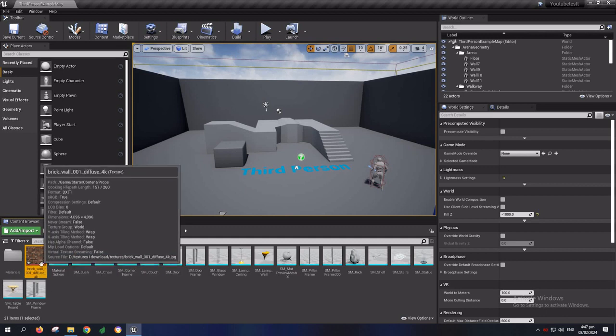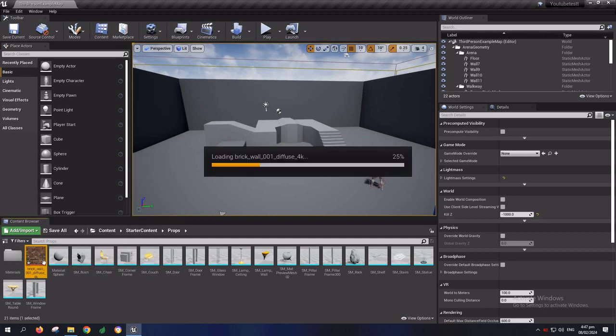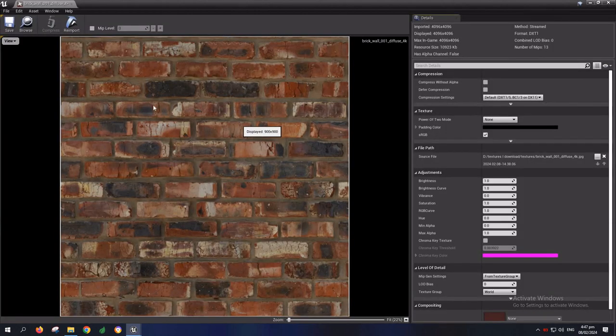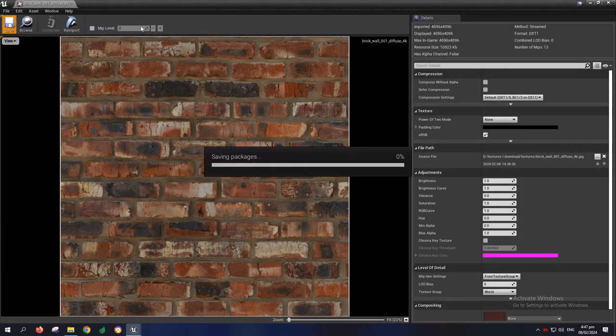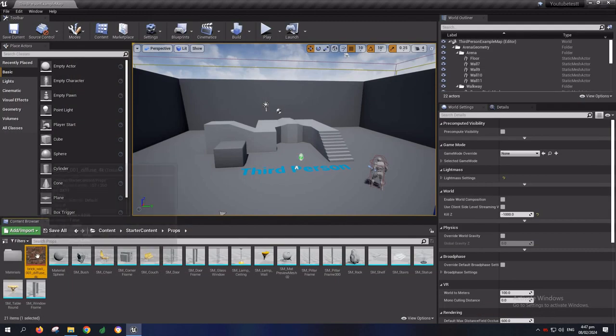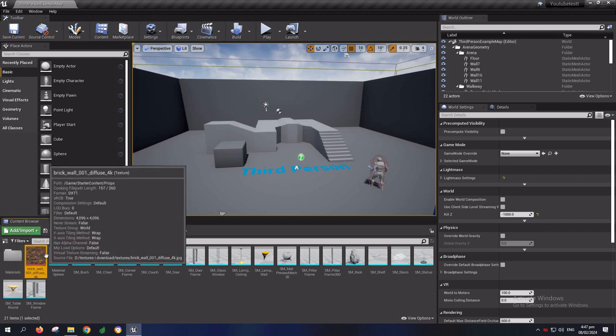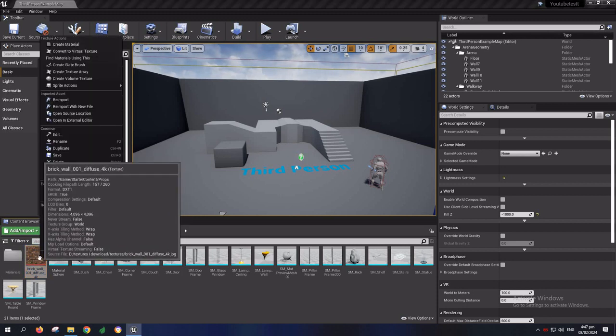So it has finished importing, and as you can see, this is our texture brick wall. I'm just gonna click on it, go inside it, and as you can see, this is the texture. I'm gonna save it because it's not saved, and I'm gonna go back, and to actually make it a material, I'm gonna right click